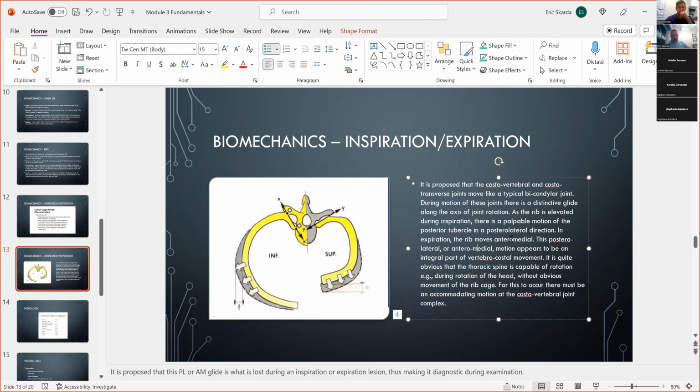Yeah, and one of the first things we'll do after a review of modules 1 and 2, when I get there in a couple of weeks, is we'll do some surface anatomy palpation. So it's good to be able to see it and get